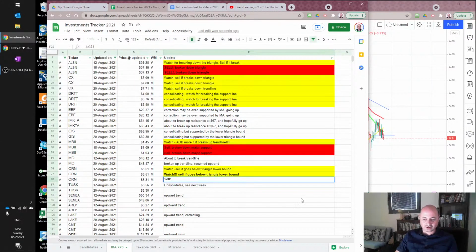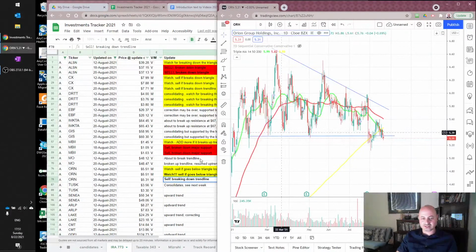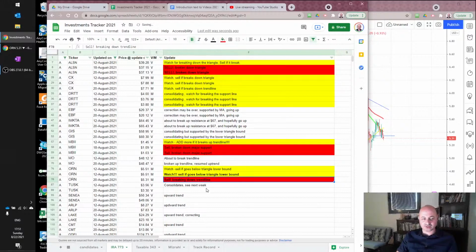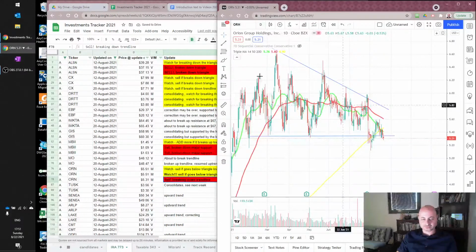The stock has stopped its upward trend. It's consolidating. It's broken its trend line or about to break it again. Sell, breaking down trend line. Basically, there's no reason to continue holding this stock. It's a momentum stock, and the momentum has already faded. So that's a sell, and I mark it with a red. ORN is a sell. The next stock is Tusk,